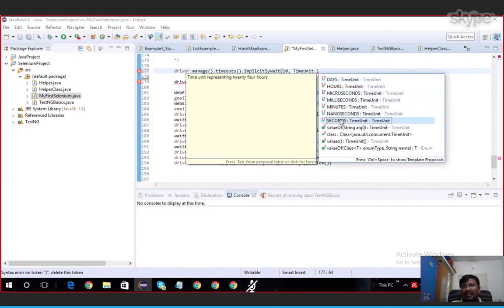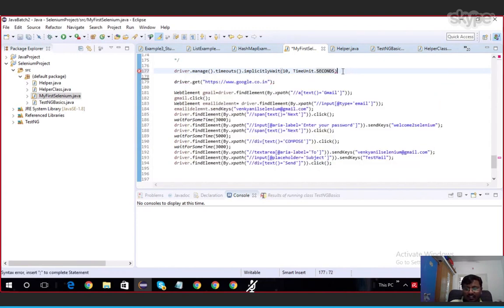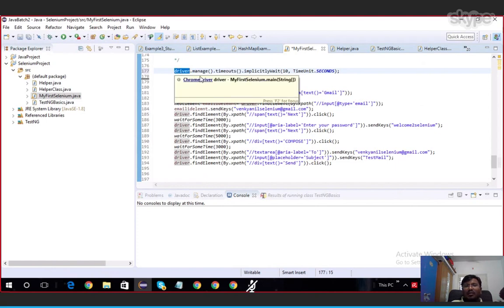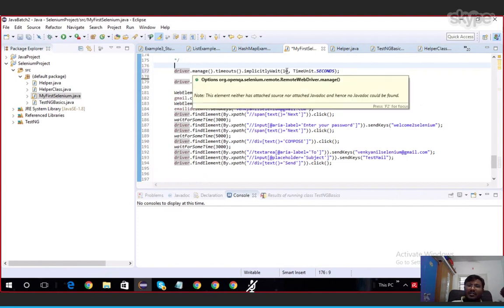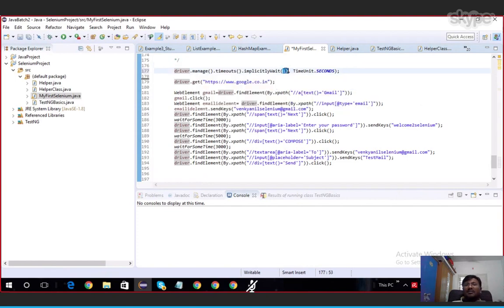That means 10 seconds is enough for us at max. Like this we can set some timeout to the driver object. How to set: driver.manage().timeouts().implicitWait. There is a method, and using that you set how much time you want.